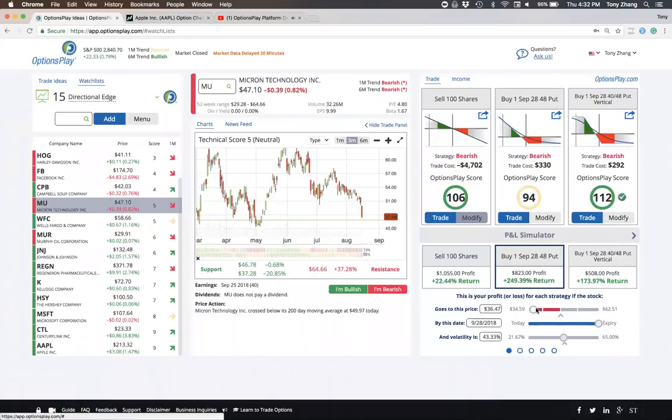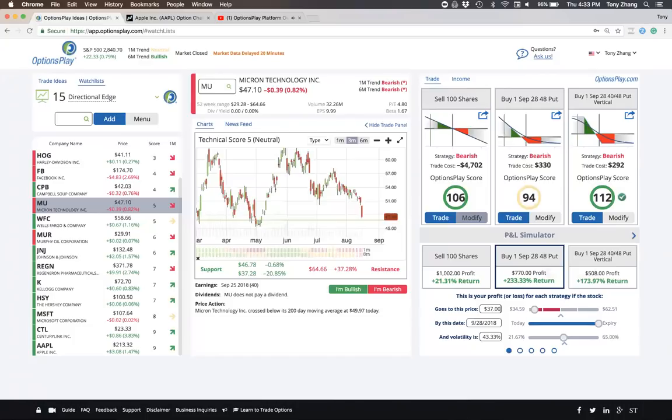So as you can see, if you think the stock's going to go down to 37, it'll tell you the best trade to make here is simply buying that put, because that put vertical will cap your gains at some point below $40. So if you think it's really going to go down to 37, you're better off just buying the put. And this allows you to really compare strategies side by side and know definitively which one gives you the best